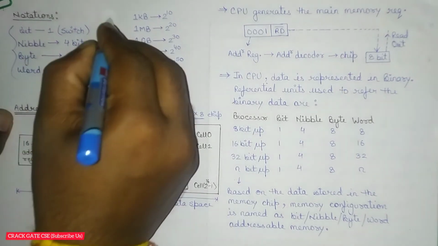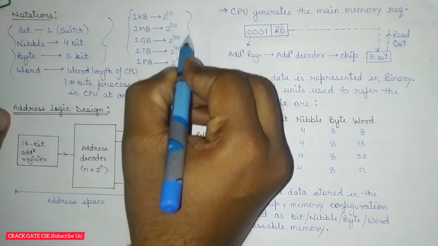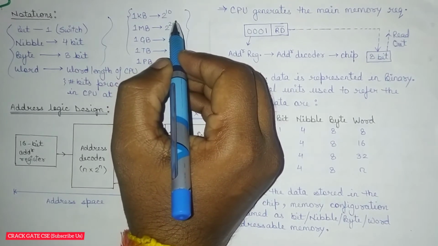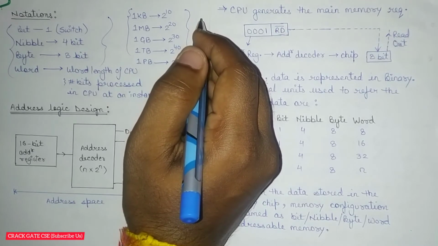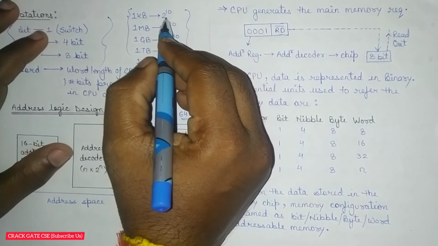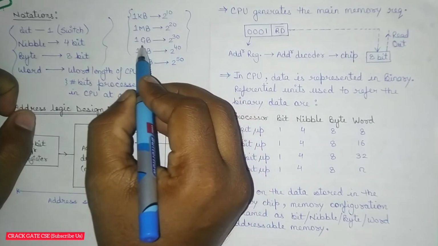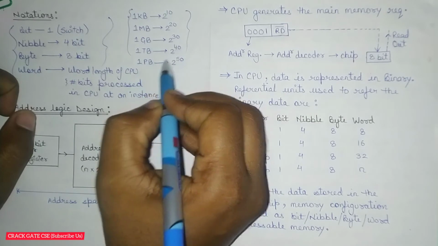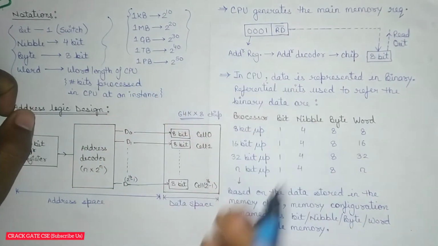So these are the general representation of notations in binary, with respect to size. 1 KB is equal to 2 to the power 10, which is 1024. Unlike the decimal value, where 1k is equal to 1000, here 1 KB is equal to 1024, which is 2 to the power 10. Similarly, 1 MB, megabyte, is equal to 2 to the power 20, 1 GB, gigabyte, is equal to 2 to the power 30, 1 TB is equal to 2 to the power 40, and 1 PB, petabyte, is 2 to the power 50, right?